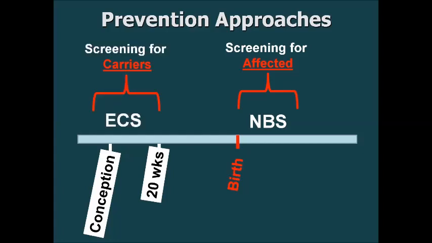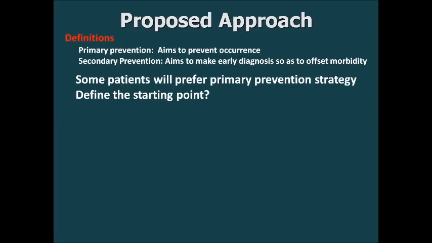In the case of screening for carriers, such as expanded carrier screening, we have the option of implementing this in the preconception time period, rather than typically around 20 weeks gestation, when carrier screening is often applied. We have an opportunity here of learning at a much earlier stage in development, or preconceptionally, that a couple is at risk. So keeping this thought in mind that primary prevention aims to prevent occurrence of a condition, secondary prevention aims to make early diagnosis a possibility so as to offset morbidity,